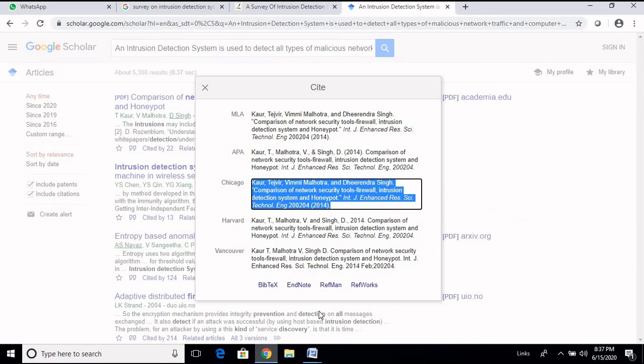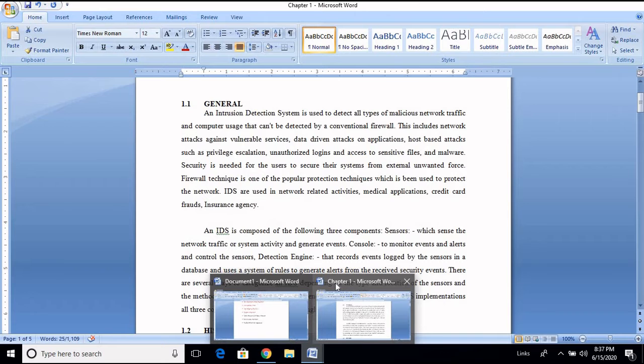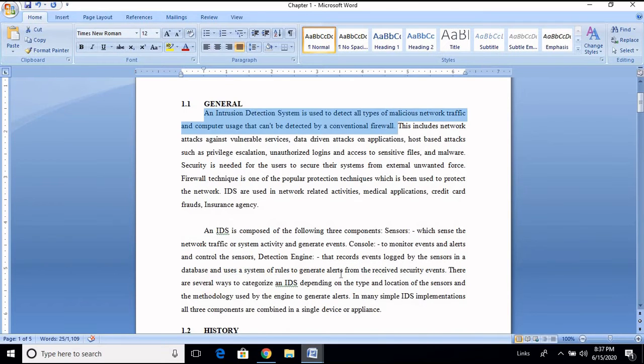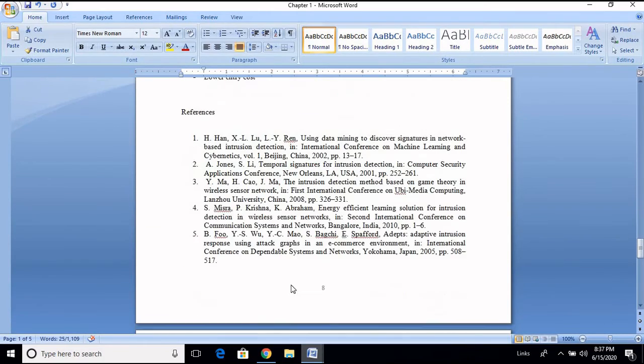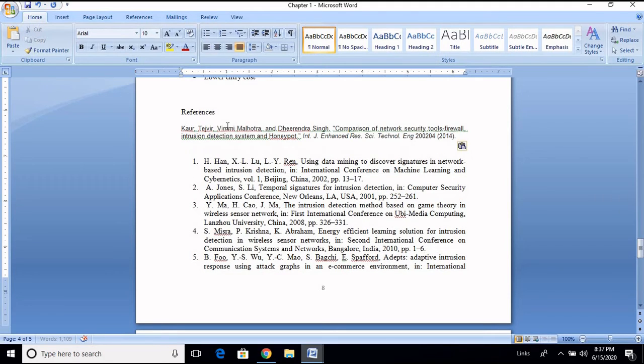You copy this, come to your document, and in the references section, you go and paste. After this, you convert this into Times New Roman.